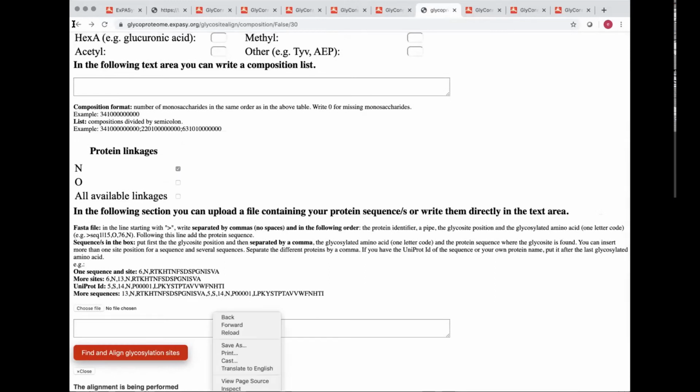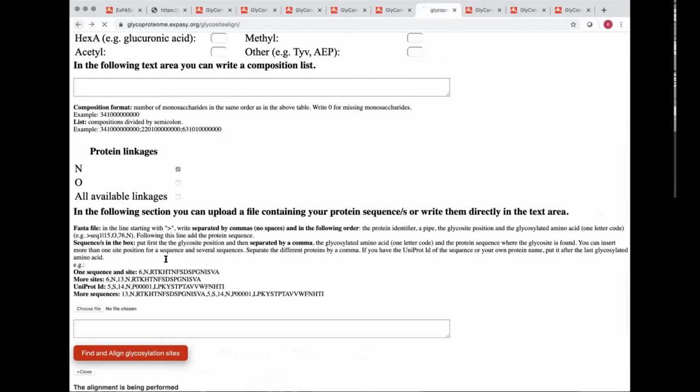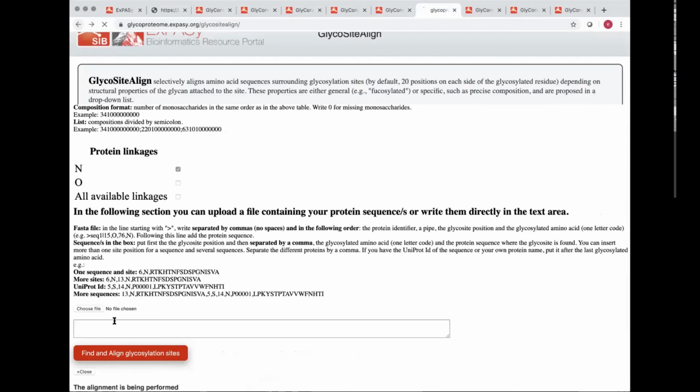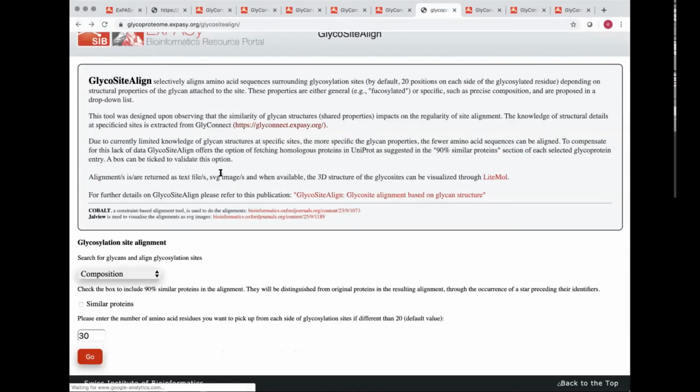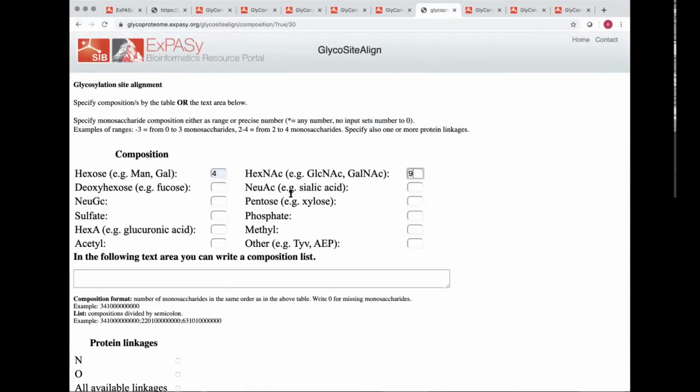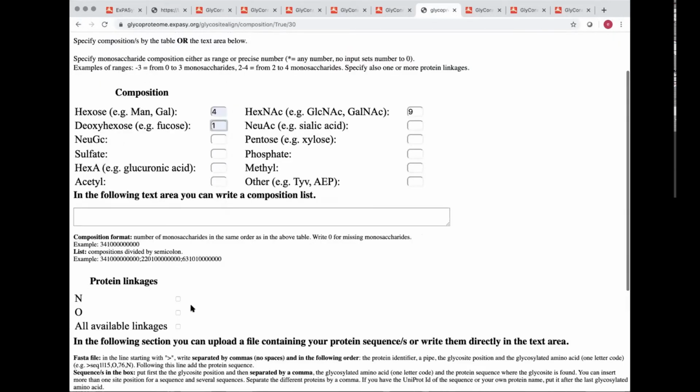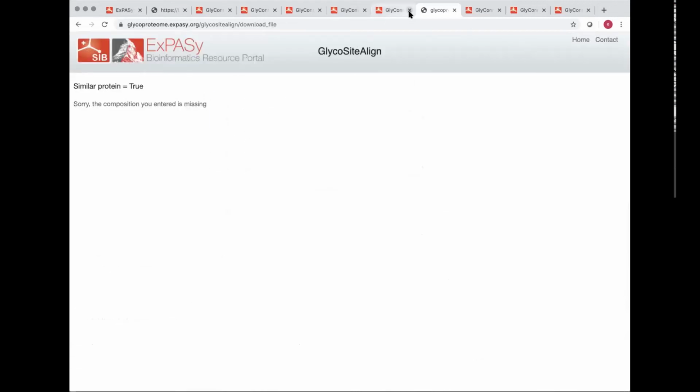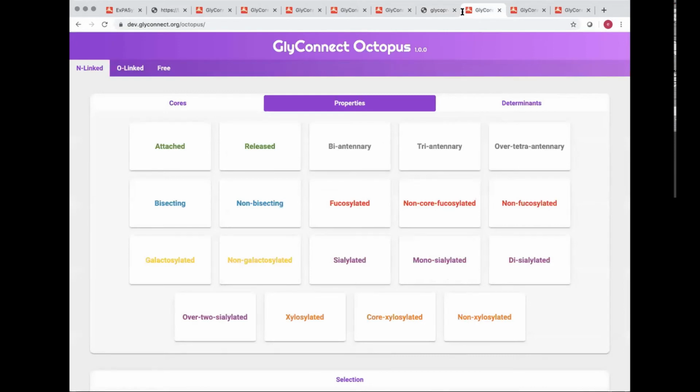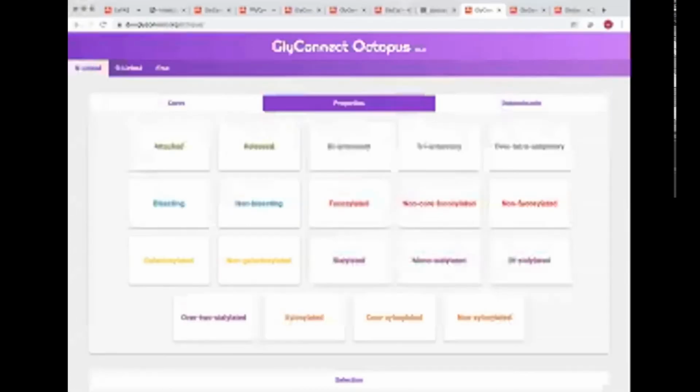Maybe I should have, let me just check one thing here. Composition, go, 491, and fine. So, okay, I'll just go to the next tool, but you should see if I have still in my, no,